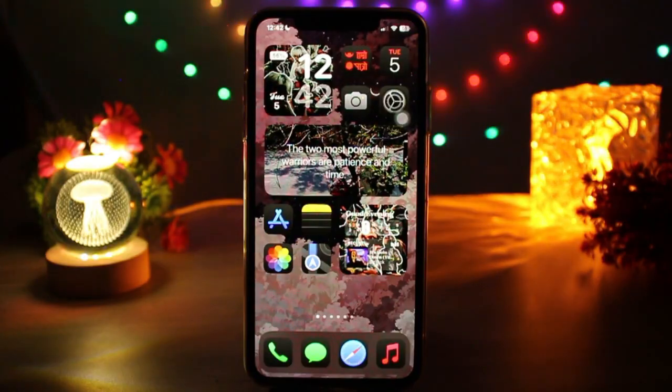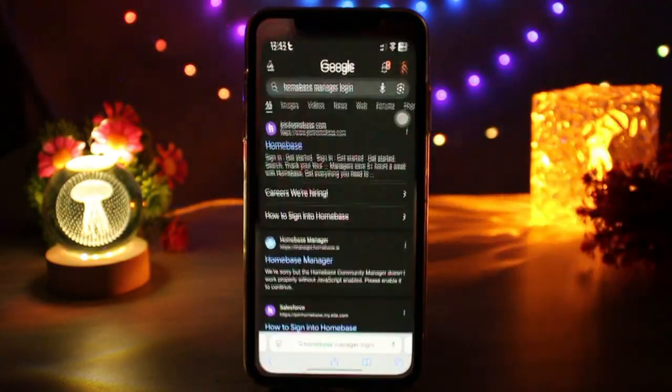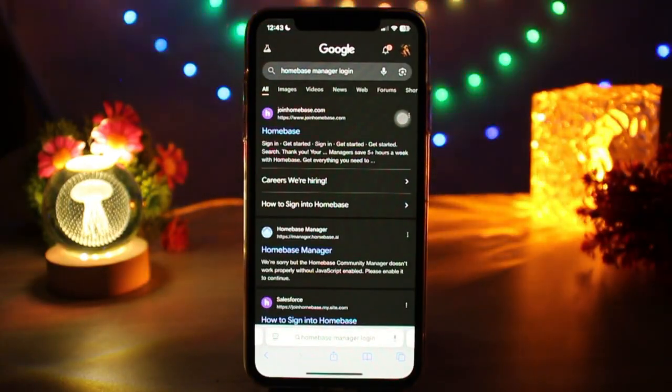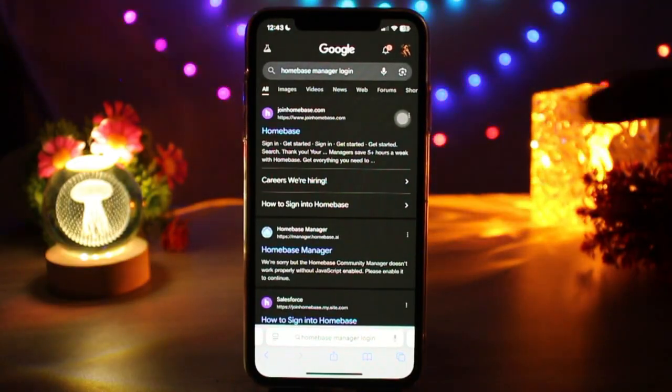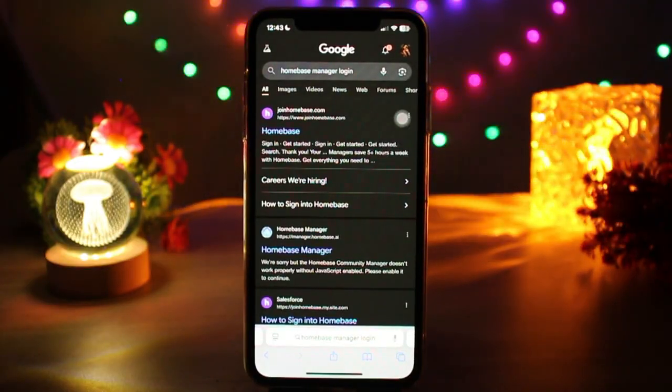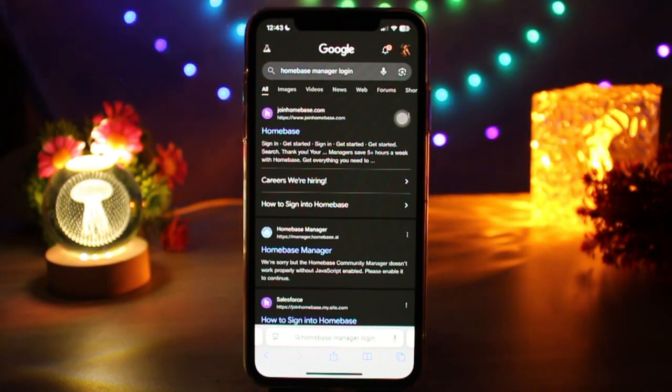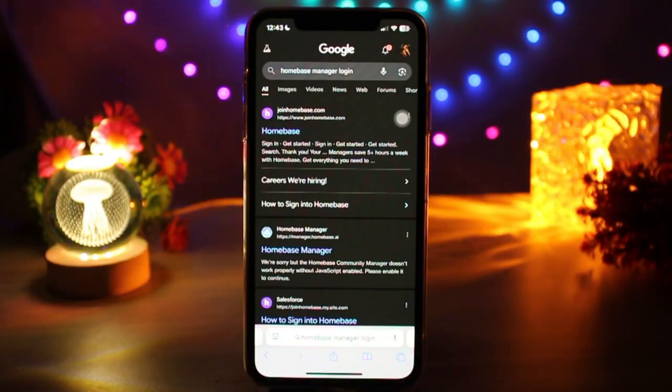If you are an admin or manager and want to add employees in Homebase, what you need to do is head over and open up your browser on your PC. It's more convenient on PC. Then once there, type in Homebase Manager login and then simply tap on the first link that is shown to you. Then once you're inside there, simply sign into your account and then click on the new icon at the top left menu and select Add Staff Member, or go to the Team tab and click Add Staff Member in